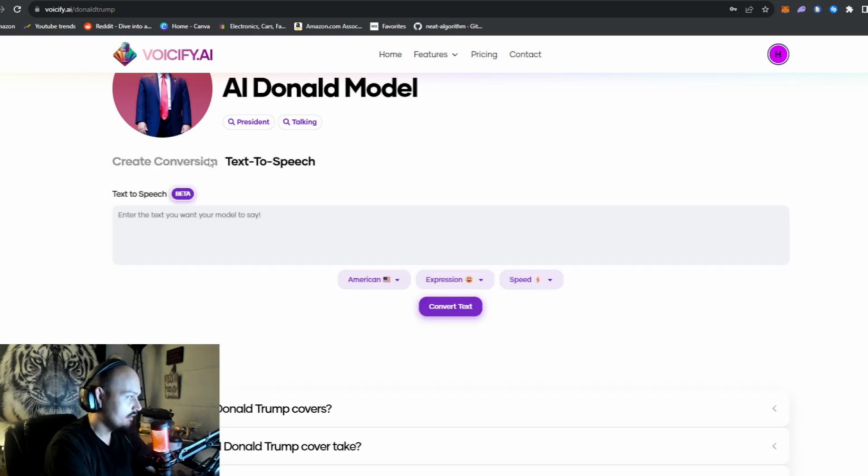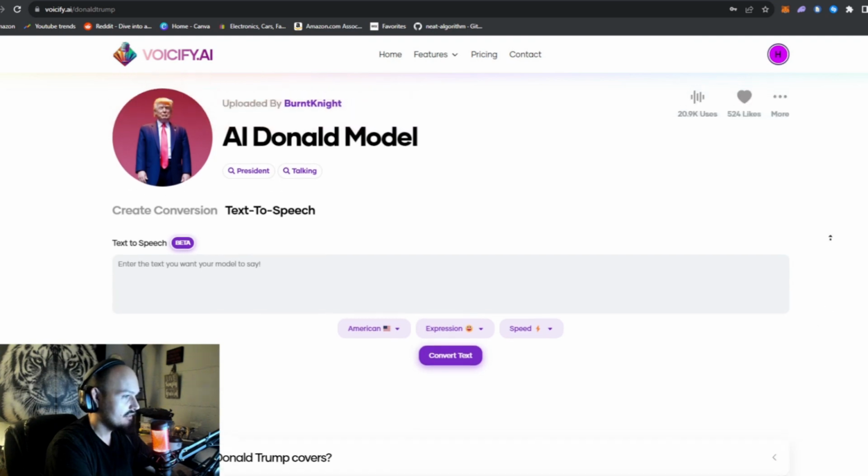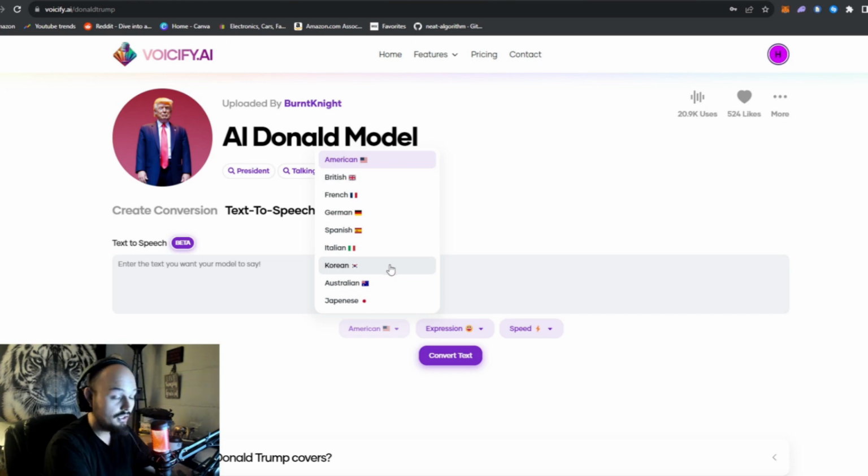The other thing is the text-to-speech. You have the text-to-speech option right here, which you just saw with the AI Andrew Tate model. You just enter whatever you want and then convert it. You can, of course, change the speed, you can change the tone or emotion, and of course, if you want Donald Trump speaking Korean singing Barbie Girl, here you go, you can change the language as well,